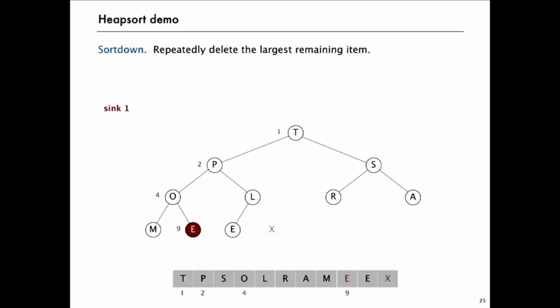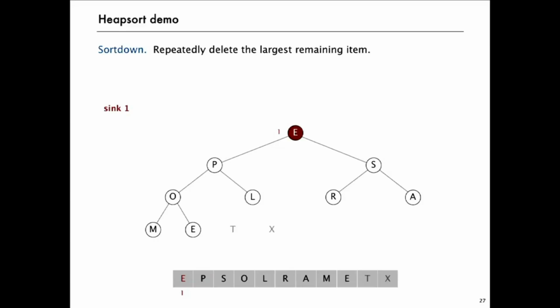We got the largest element off. Now the next largest element in the array is at the root of the heap. So we're going to do the same thing, exchange it with the last element in the heap. Then now the T is in its final position in the sorted array. We take it off the heap. So now we've got a heap with 9 elements, and 2 of the elements in the array are already in